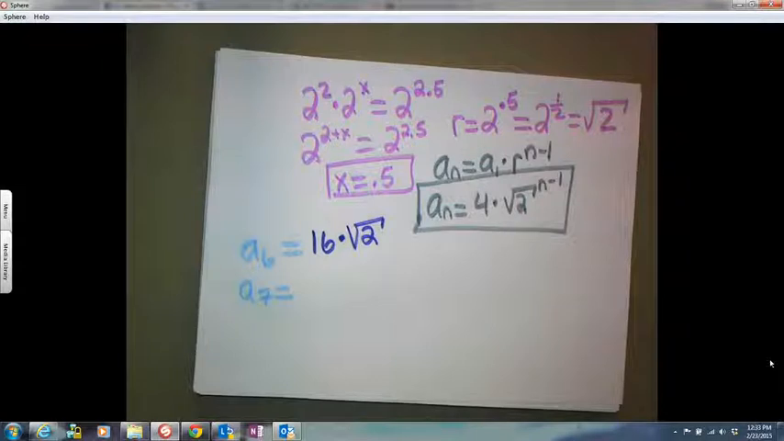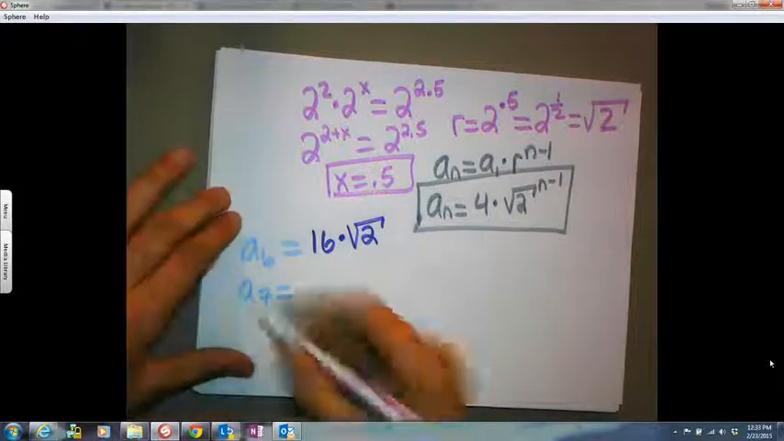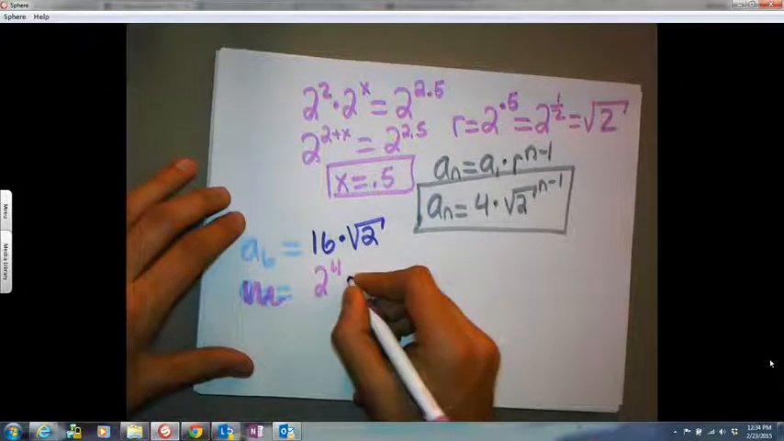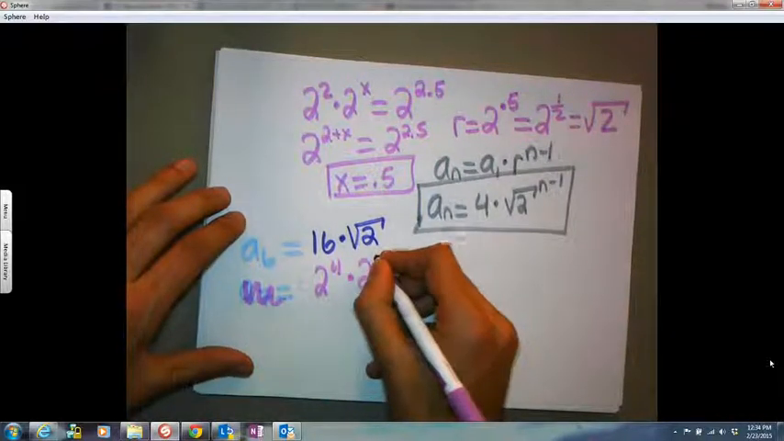Now, that looks a little bit different than the way they've written the terms in the past. And here's why it looks different. They wrote all their terms as bases of 2, so we can do that too. This is the same as 2 to the 4th power times 2 to the 0.5 power. Since the bases are the same,